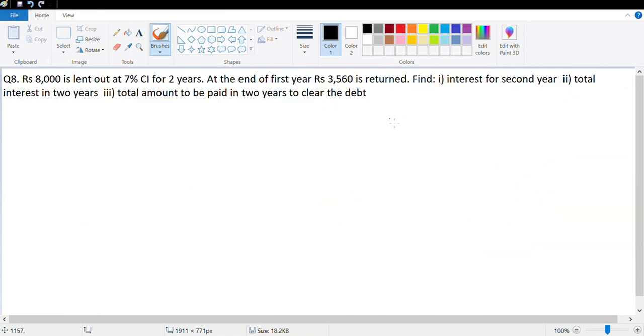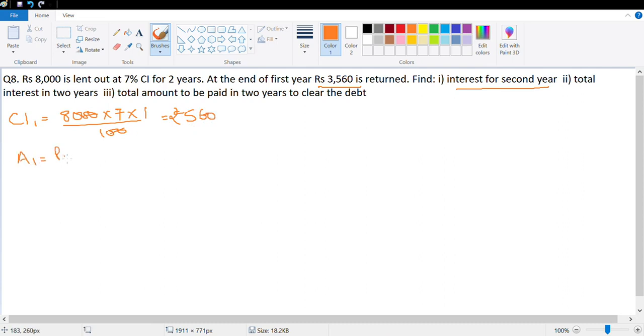The next one we're doing is question number 8. It says rupees 8,000 is lent out at 7% compound interest for 2 years. At the end of first year, rupees 3560 is returned. Find the interest for second year. Okay, so let's calculate compound interest for first year. That would be principal into rate into time upon 100, and this is equal to rupees 560, which means A1,